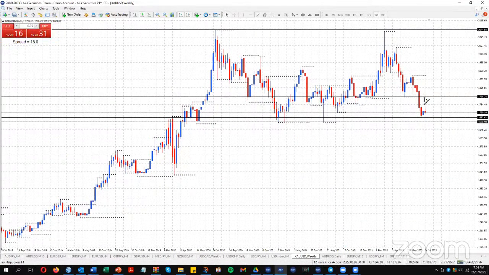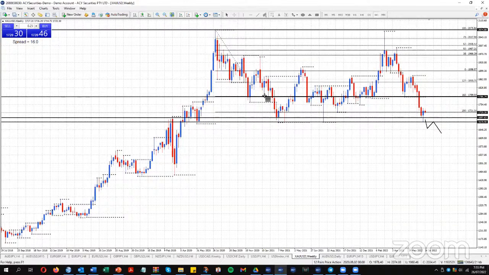Back to the weekly chart here. If we break below 1678, you should then be looking for, at some point, 1678 to become resistance to trade down. You could be looking for a short. It could work. However, you could be looking for a short and it doesn't work, so you end up having a losing trade. But then if we clearly break support, you then need to think about, okay, how do I get that loss back? Do I trade down the chart from a major failure of support? Because if we get a major failure of support, potentially we have then a double top on gold here.